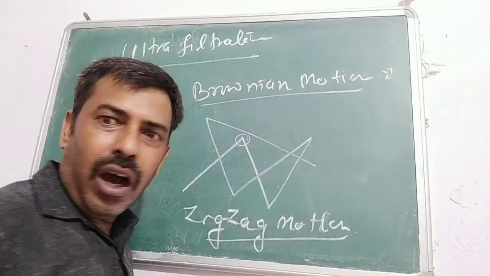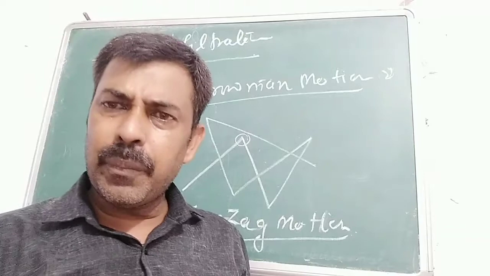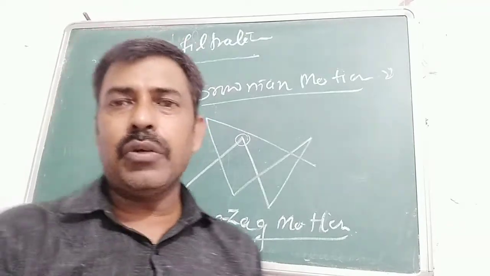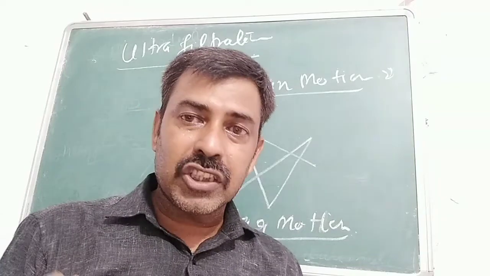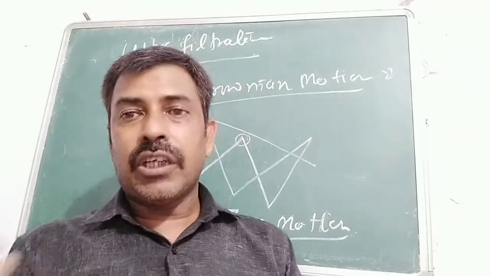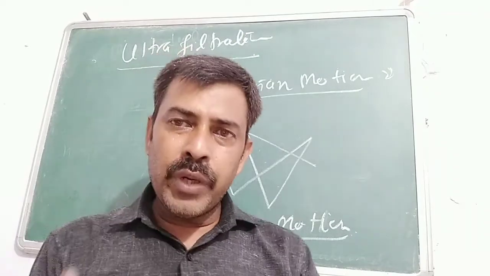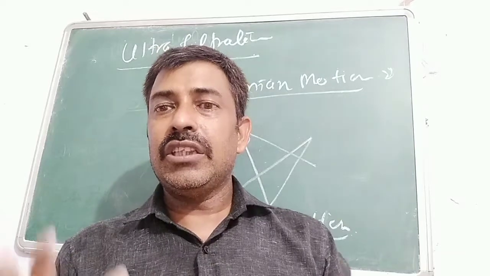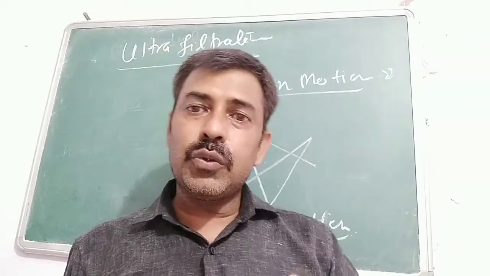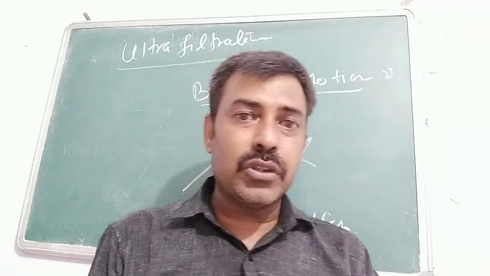And I think all what I have taught you, you knew well. In the previous classes you have already studied about this topic. The question comes, how will you explain the stability of a colloid on the basis of the Brownian motion? When we talk about the stability, then we say the stability of a colloid is due to the randomness of the particles, because of the regular, random motion of the particles.